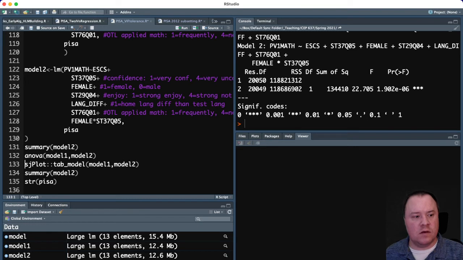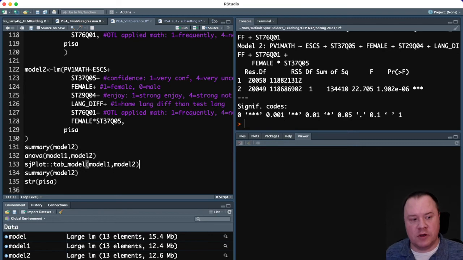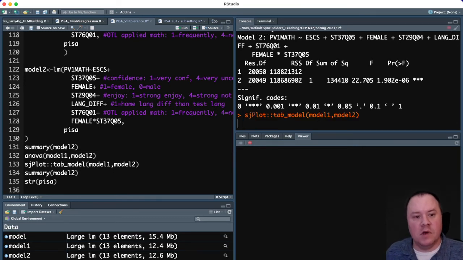This is a function called tab_model from the sjPlot package. And you don't need this here. I just put this here so that you could see it was from the sjPlot package, but it should run just fine by just typing tab_model and then model 1 comma model 2. And if we run this, and it's taking a minute to load,